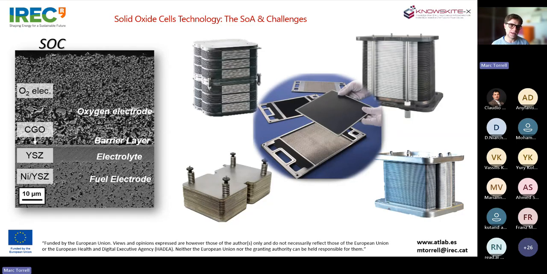But at the end, what we have is the cell itself, which is a ceramic cell constituted by these two electrodes and the membrane electrolyte in the middle. And we need what we call the bipolar plate or the interconnect, which is a complex metal sheet interconnecting cell by cell to achieve the power that we need. As you can see, these are heavy, complex pieces that have to be machined or made by powder metallurgy or stamping or by different processing. We have to have these interconnects connecting the different cells.